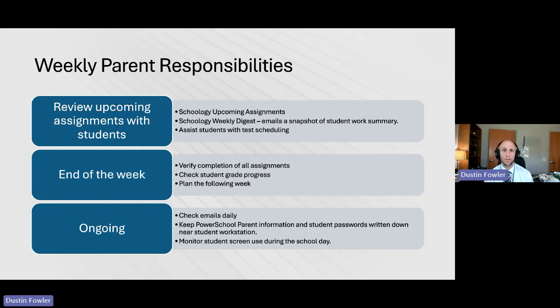So what do parents need to do? What are we looking for parents to do when we're having students participate? Well, we ask that parents review upcoming assignments for the week with students, and also maybe have a conversation at the end of the week about how the week went. And we want parents to keep up with the emails and different types of communication, the PowerSchool grade updates and all that, so that there are no surprises at interim, or even worse, at the end of the report card